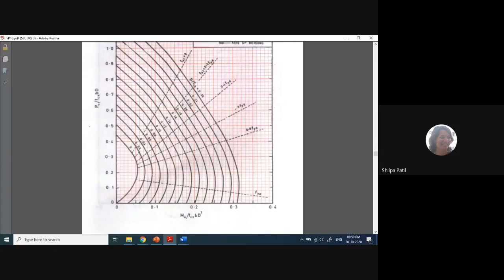Now check to which particular curve that point is closer. Suppose my point is falling somewhere here, so it is close to this curve. This curve corresponds to the 0.14 value. 0.14 is my p by fck value. Here p represents my percentage steel. In this fashion, I am finding the p by fck value by making use of these charts.